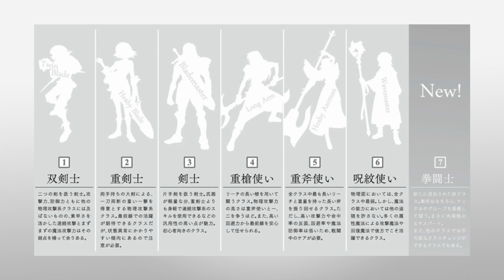So the last one on the right, you see number 7, and we're going to use the term that the magazine used, which is Knucklemaster. I believe if you translate this directly, you would get the term pugilist. Pugilist? Yeah, you pronounce it. But anyway, it's basically someone who uses their fists. So if we were to translate